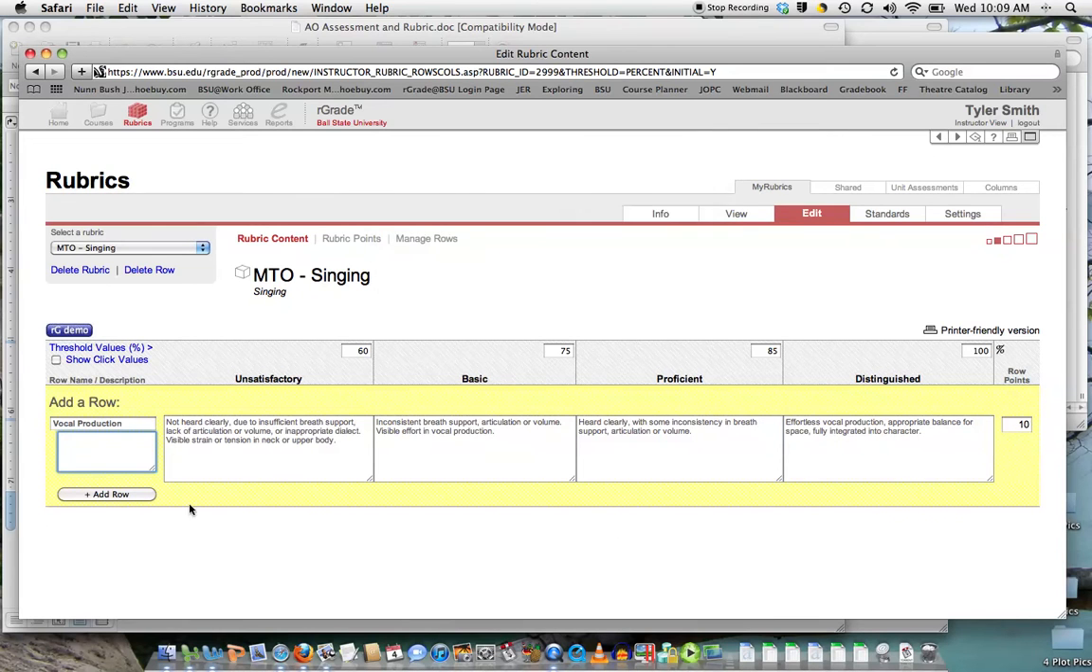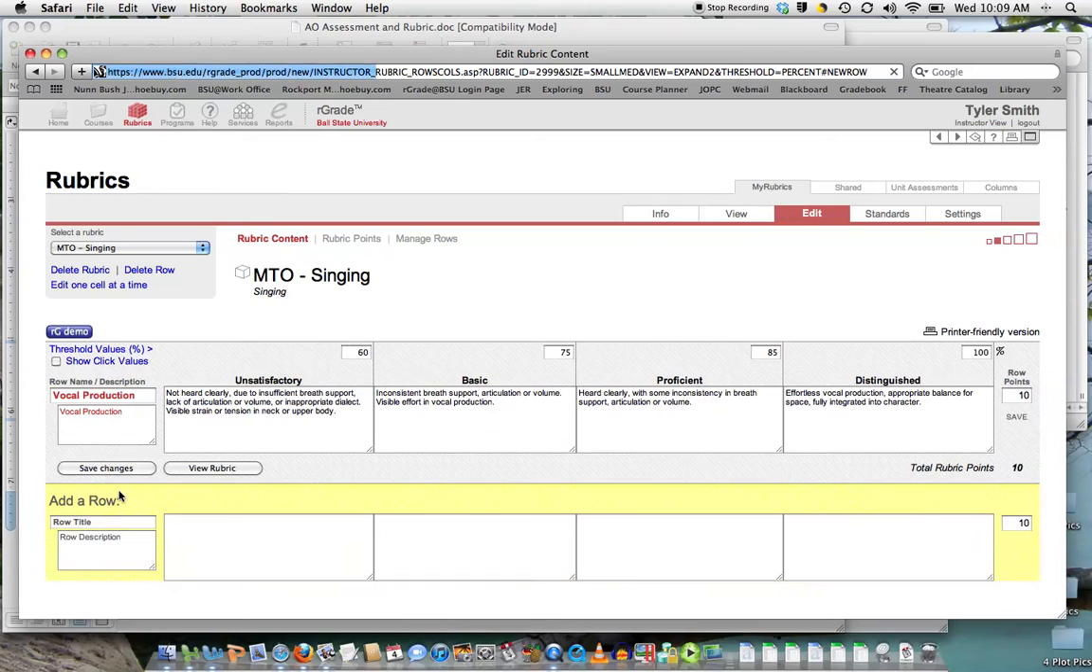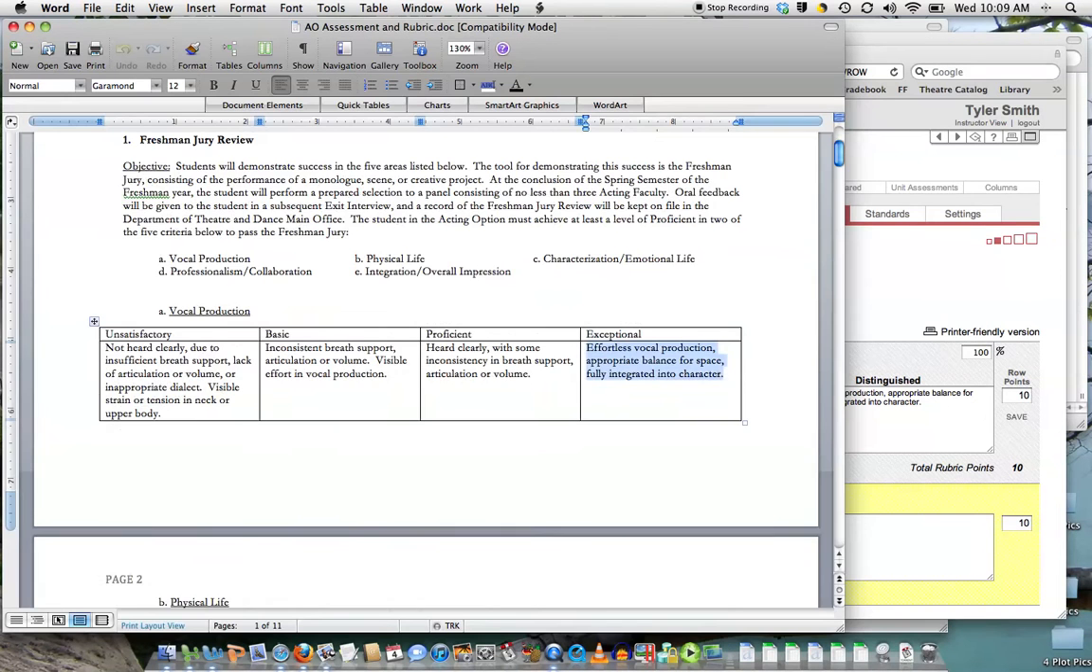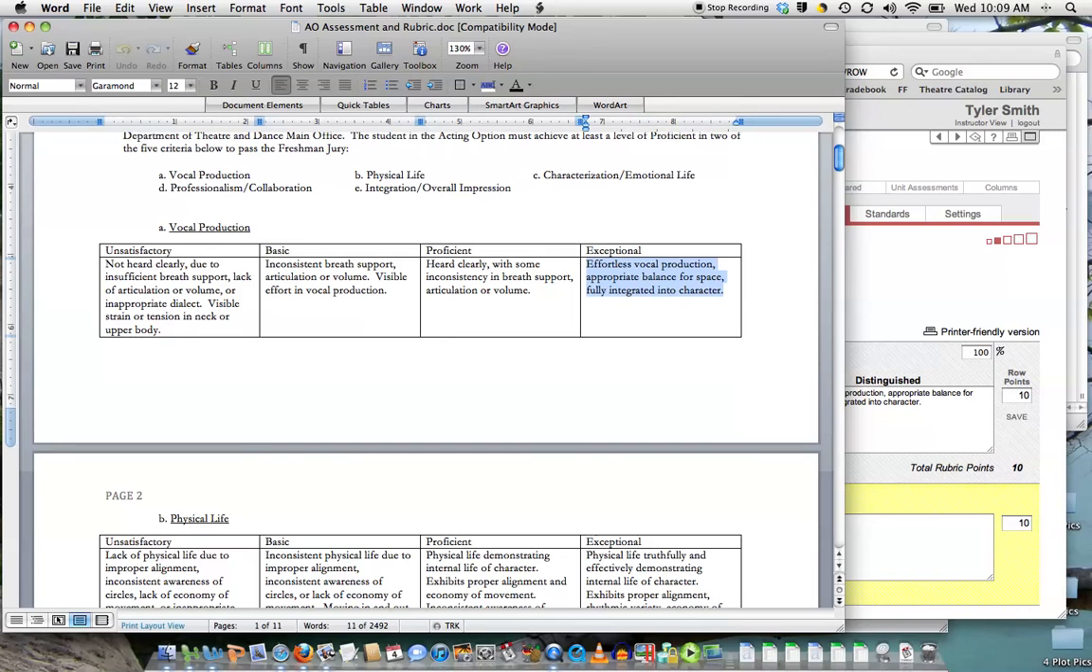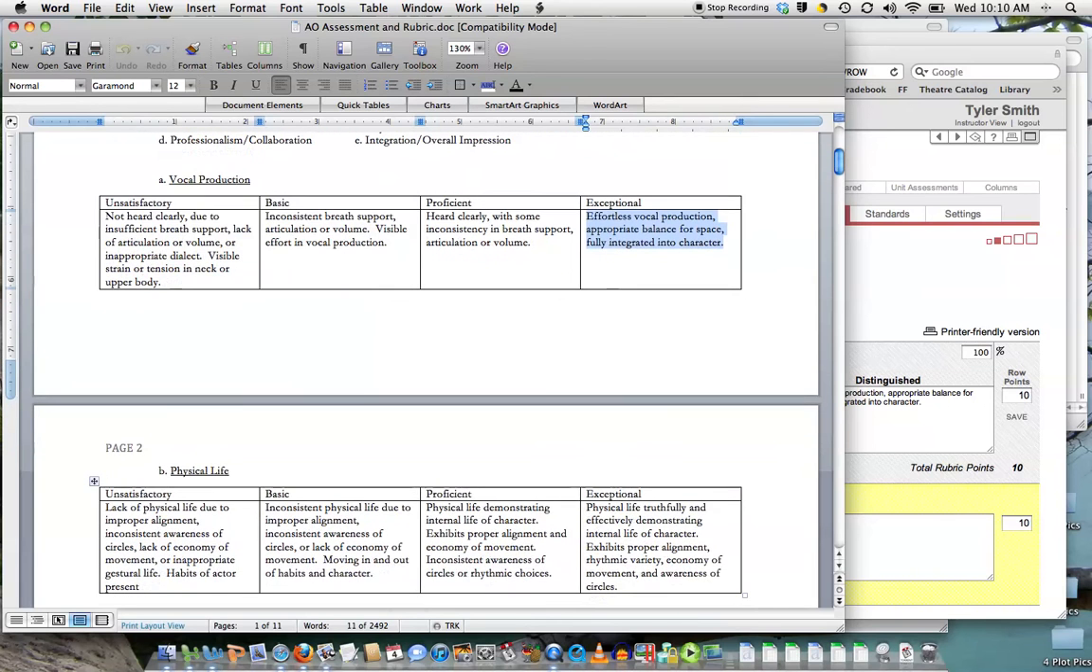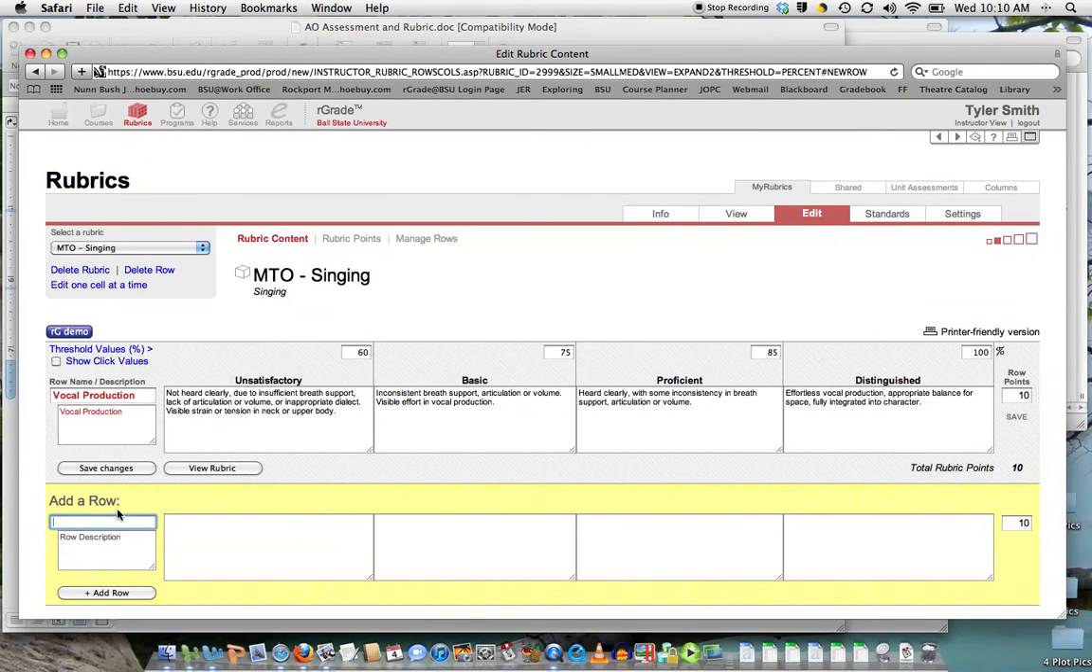Whoops. You do have to describe the row. Okay. Just do it that way. I'll click on Add Row, and that will save vocal production, and that means that is there in the row. And then you just need to go down to the second row, and whatever term you've used to describe your second rubric element. So physical life,